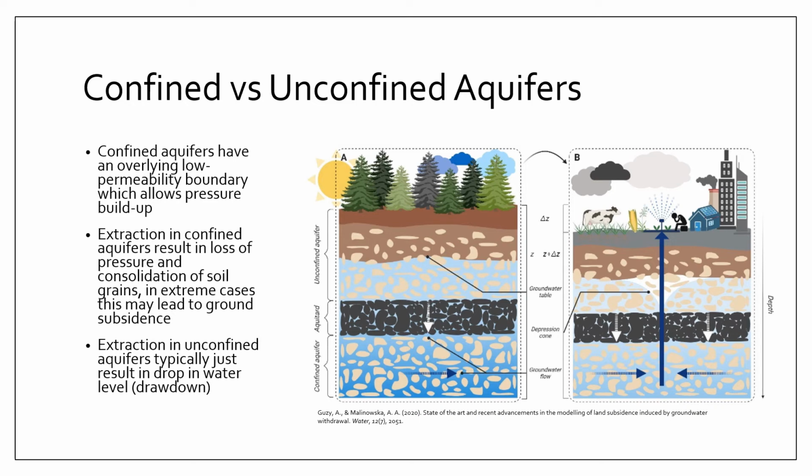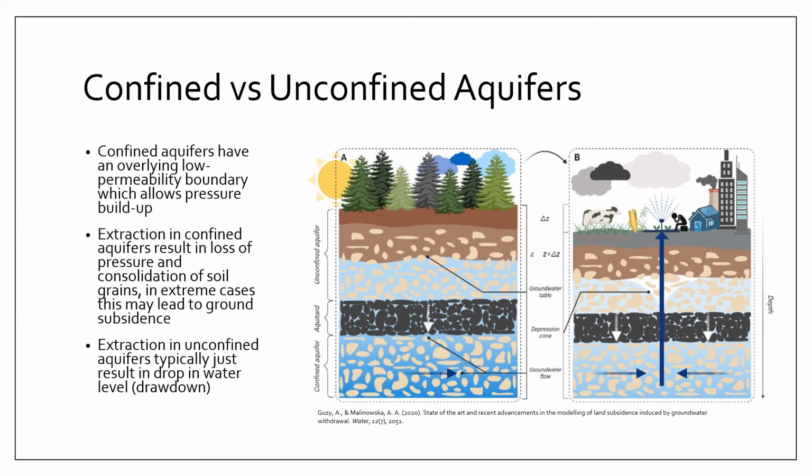Now for the case of unconfined aquifers, which are generally open, extraction in unconfined aquifers typically just results in a drop in water level. As you can see in the diagram here, this is a good representation of a confined aquifer. In some cases, the water pressure is large enough such that the soil grains in the confined aquifer are hardly touching,